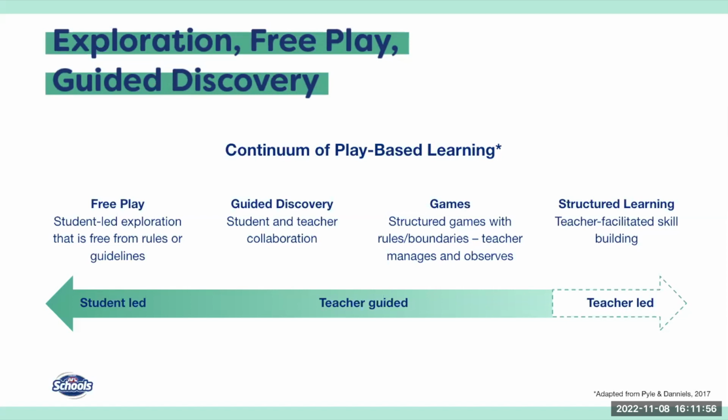So exploration, free play and guided discovery provide students with an opportunity to explore and develop their skills in a less structured environment, while also supporting their social, emotional, physical and cognitive development. So what's the difference between these terms? Some of them are reasonably straightforward, but I think it's really important to look at the role of the teacher